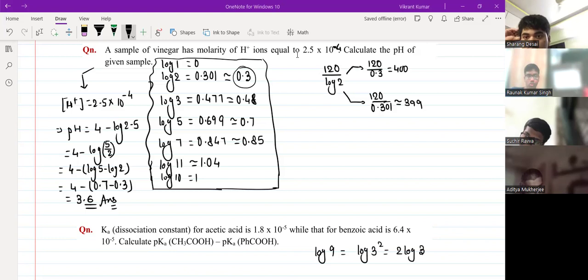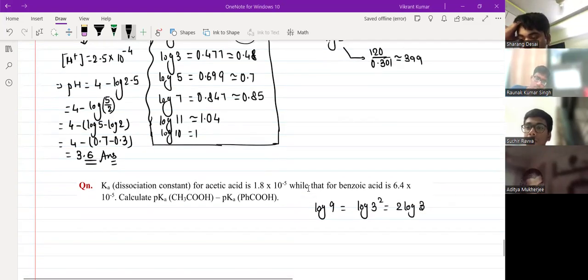In fact, in mains there was a question whose answer was coming 0.0-something, and you have to report the nearest integer. What will you report? You have to report 0. If the value is less than 0.5 and you have to report the nearest integer, you have to report 0. The students were confused; in fact, they got scared about how to report 0. That number should not be 0, but the nearest integer is also 0. If I am getting 0.08, the nearest integer is 0. So you have to report 0 there.